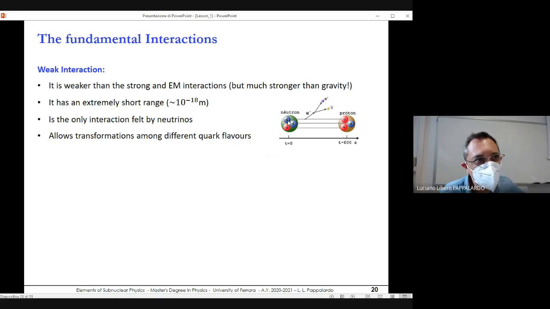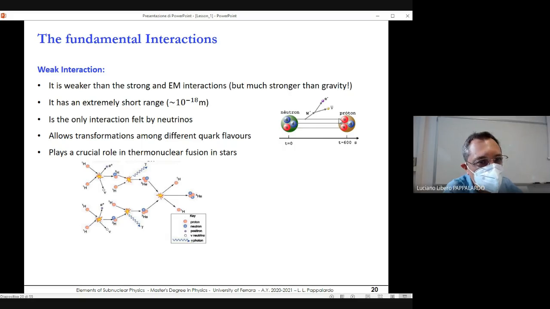You know that a neutron spontaneously decays into a proton, which is slightly lighter, with the emission of an electron and a neutrino. Now, what happens at the fundamental level is that essentially one of the d quarks of the neutron transforms into an up quark of the proton. So we have a transmutation between different quark flavors, and this can only occur through the weak interaction. In fact, as you see here, a W boson is emitted, which is one of the gauge bosons of the weak interaction, and which further decays into an electron and an antineutrino.